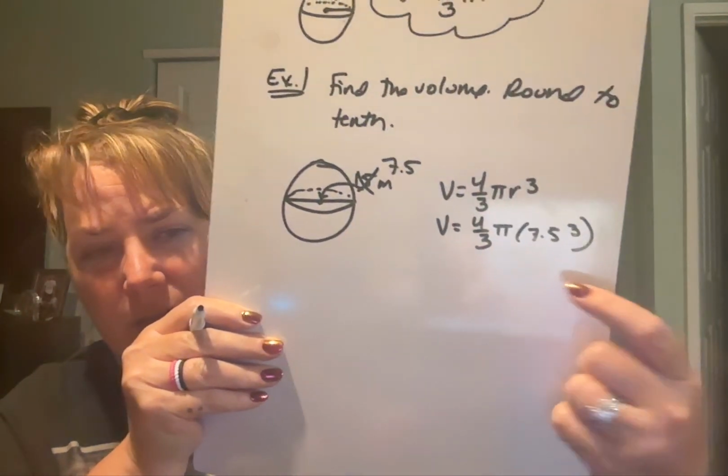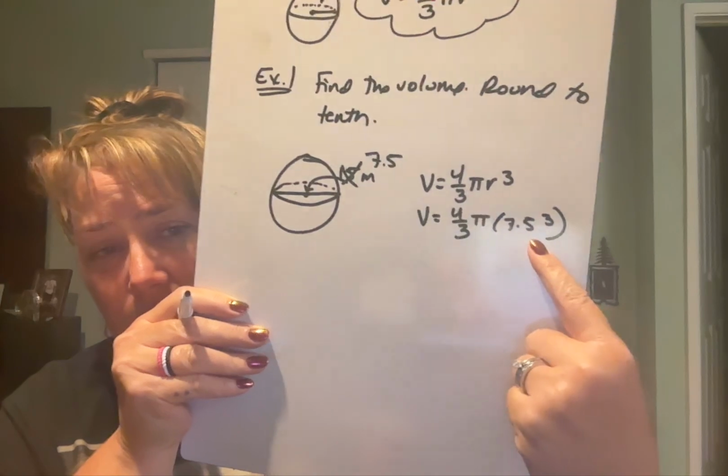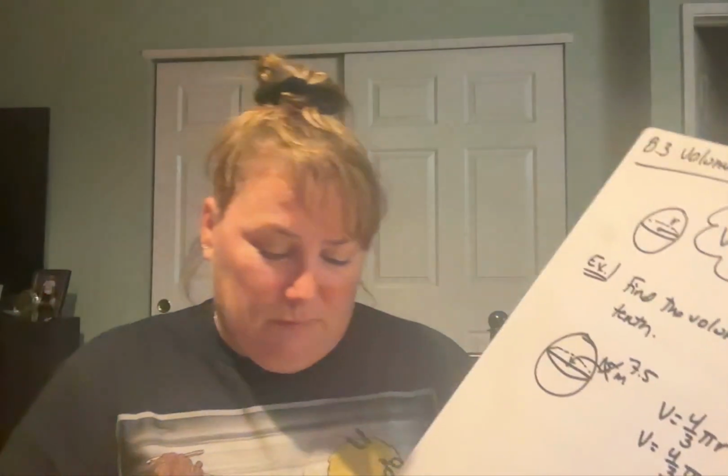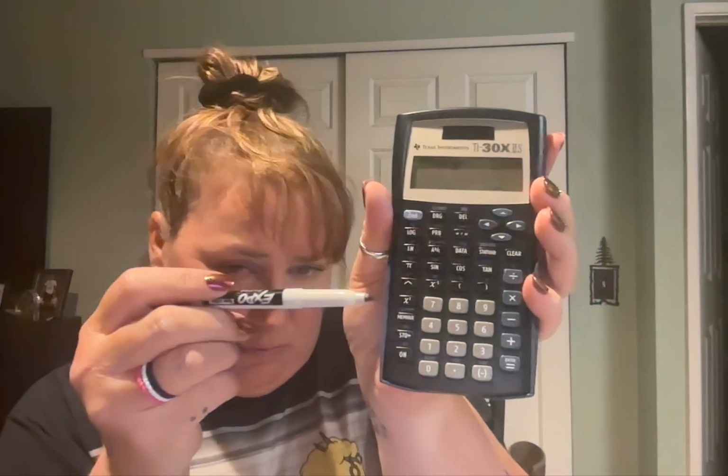Okay. Step 3. Cube the radius. So you're going to go here, 7.5. Caret key, right there. It's called the caret key, but it's technically really your exponent key. But it looks like the triangle with no bottom, right there. To the power of 3. And you get